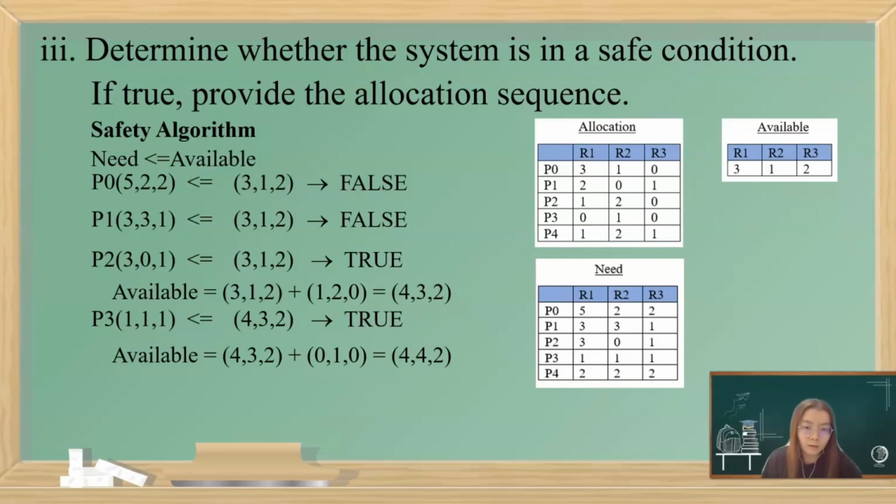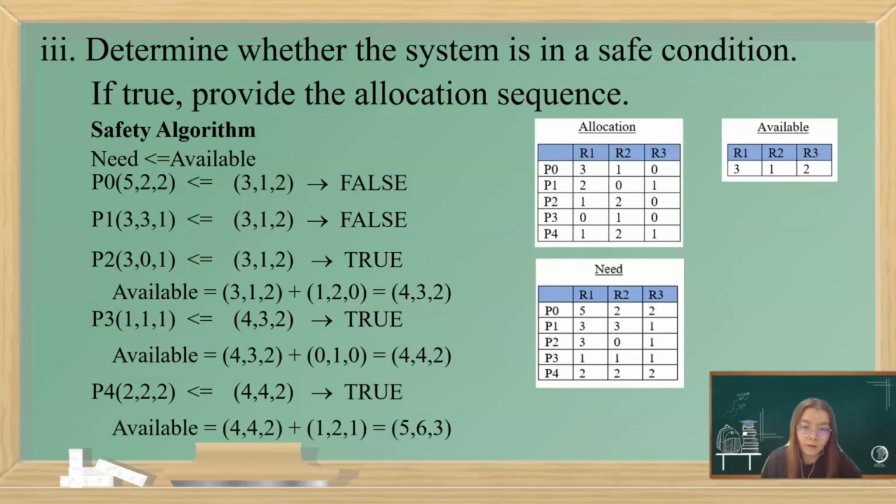Now we need to check the need for P4, which is 2, 2, 2. Is it smaller or equal with the new available, which is 4, 4, 2, or not? We can see that the need of P4 is smaller or equal with the new available, so this is also true. So now we want to update our available. The available is 4, 4, 2 plus the allocation of P4, which is 1, 2, 1, so we can